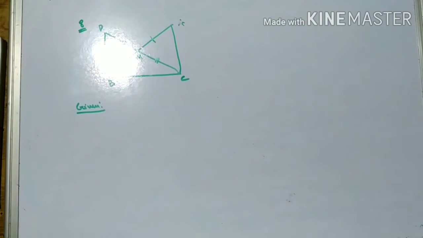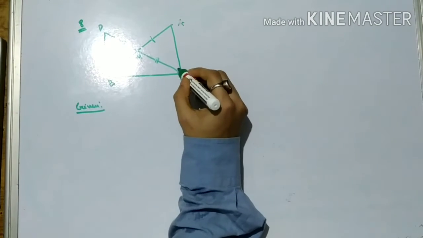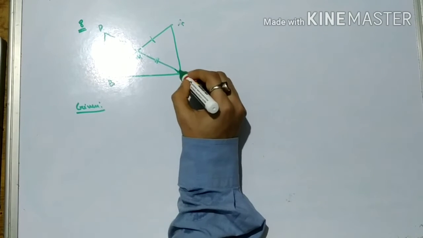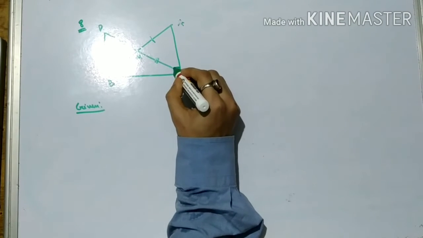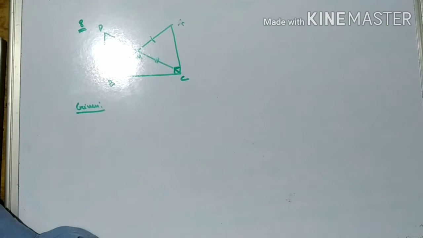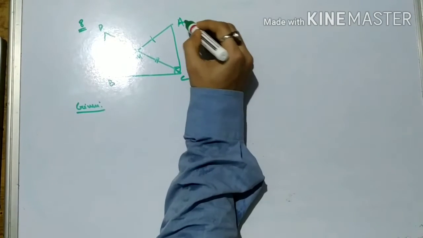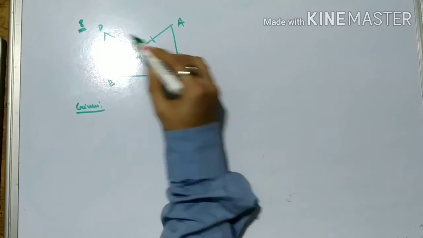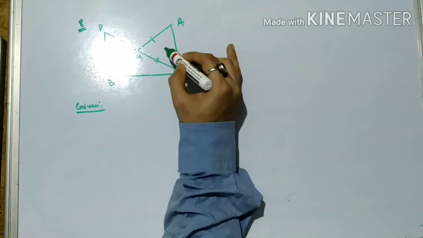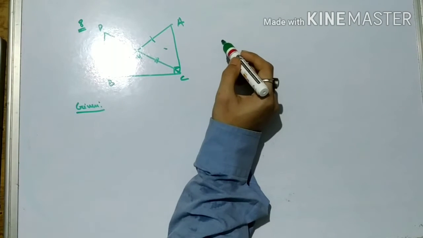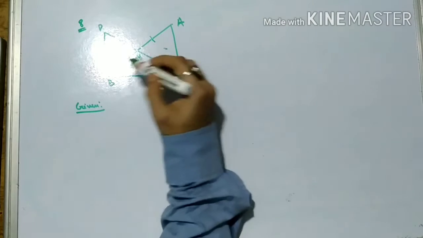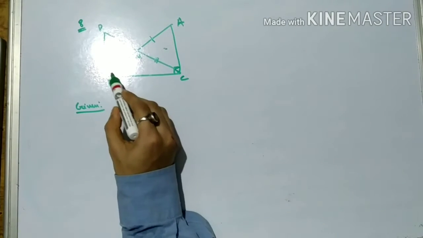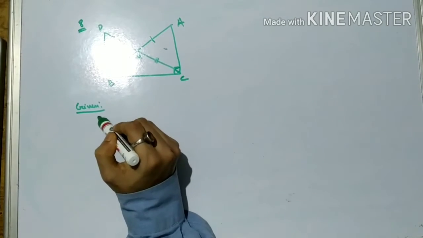Now I have to show that. In here, this is your 90 degree. Given, point D is joined to B. I have to show that triangle AMC is congruent to BMD, this triangle is congruent to this triangle. And angle DBC, this angle also is a right angle, that one I have to show.